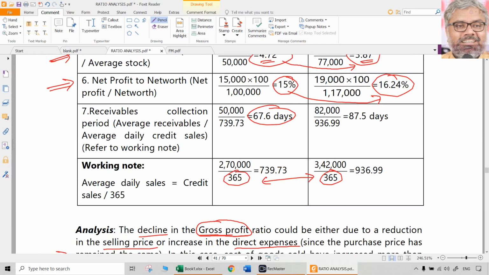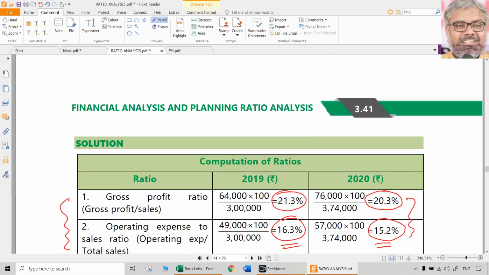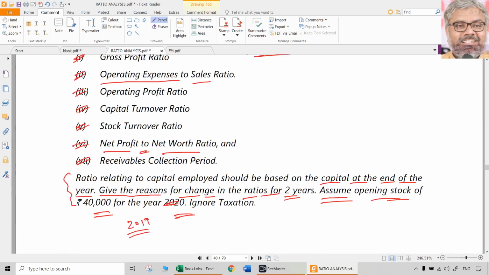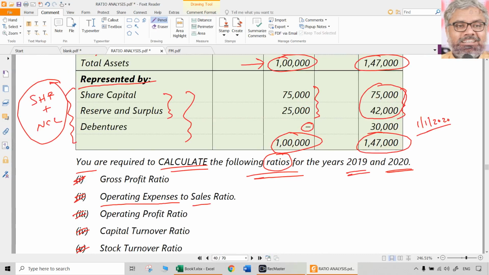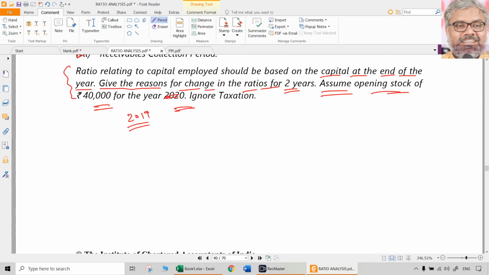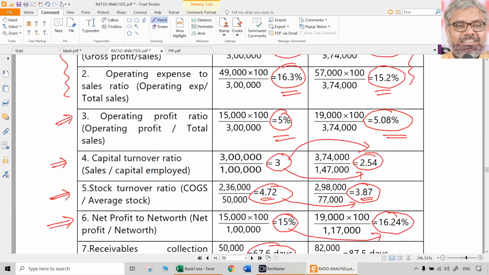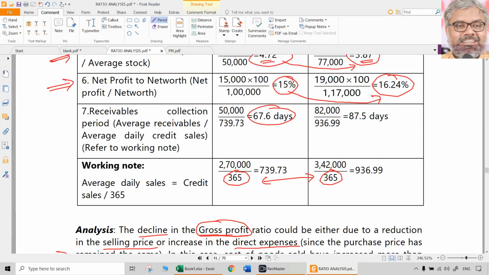How could this happen? Once again, how could this happen? Because of usage of debt. In the last year debt was not used. Now debt is used. Because of that, there is a leverage advantage, financial leverage advantage, with which the company's return on equity, this net profit to net worth is nothing but return on equity, has increased in percentage terms. That is the interpretation of the sixth thing.